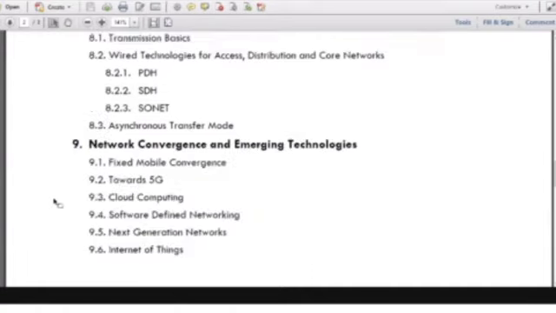The interesting lecture, I would say, is the talk about network convergence and emerging technologies, in which case we are going to talk about current and future technologies. We will talk about the issue of convergence, what it means, and what it means when we say fixed mobile convergence. This is a fundamental concept, and we are going to see it from the perspective of operators, vendors, and others. We will have a good discussion about fixed mobile convergence. In short, we call it FMC.